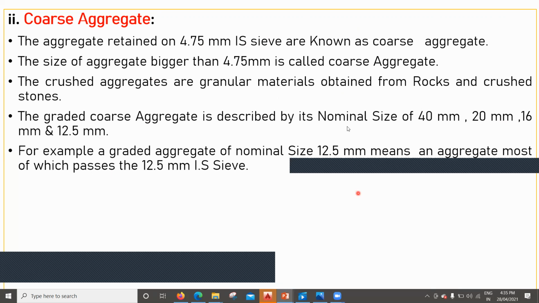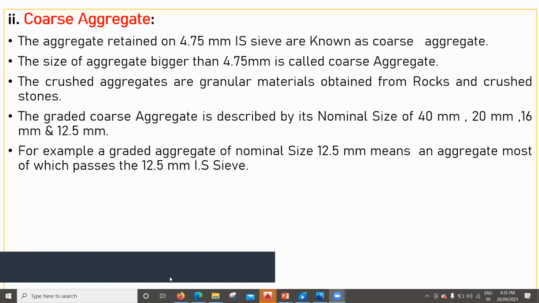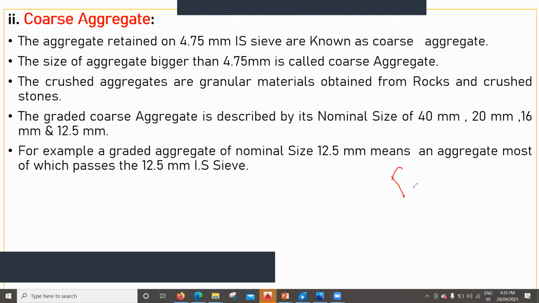As I mentioned in one of my classes, if you look at the construction happening around you, for RCC work we usually use the 20 mm aggregate and also the 12.5 mm aggregate. The 40 mm aggregate we don't use for RCC work, but we use it for PCC work, wherever you want a lean mix of concrete. PCC stands for plain cement concrete.